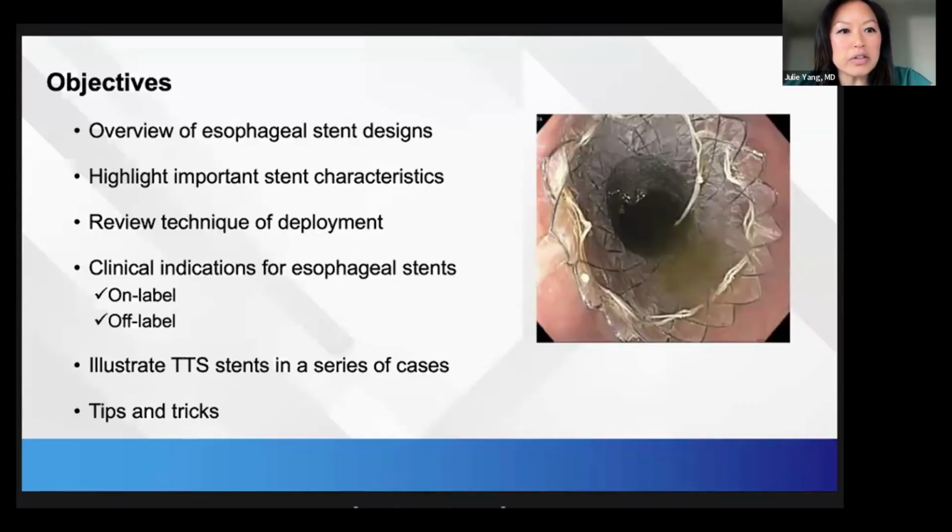Our objectives today are to talk about an overview of esophageal stent designs, highlight important stent characteristics, review the technique of deployment, particularly the TTS, and also review clinical indications for esophageal stents, both on-label and off-label. We're also going to illustrate some interesting cases that Dr. Singh will present,